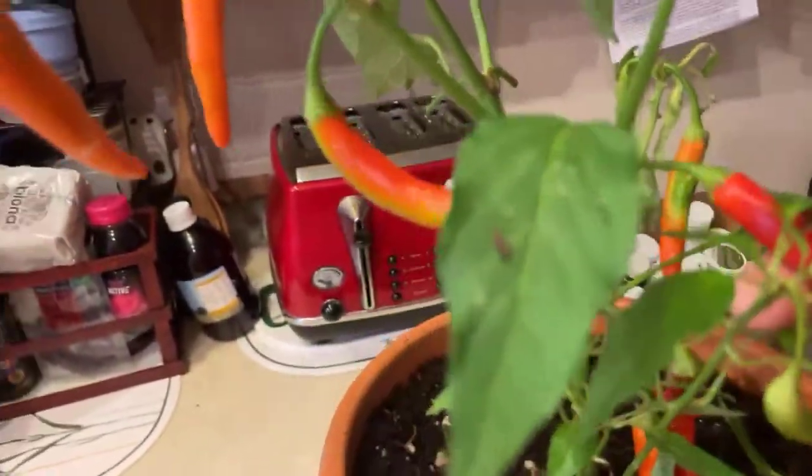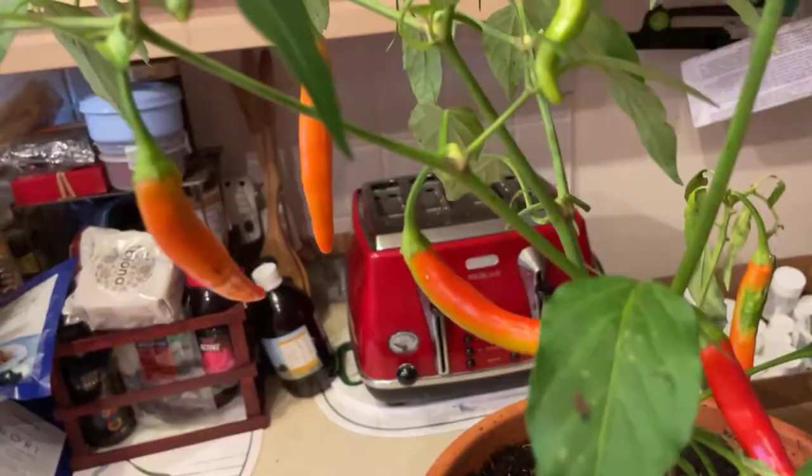Now, why is this chili so incredibly important? A lot of UK people, I've noticed, don't like chili because they say it's too hot. But the benefits far outweigh the heat you get from chili. I'm going to give you the benefits in a minute, but what I suggest you do, if you can't take the heat from chili, one of the best ways is